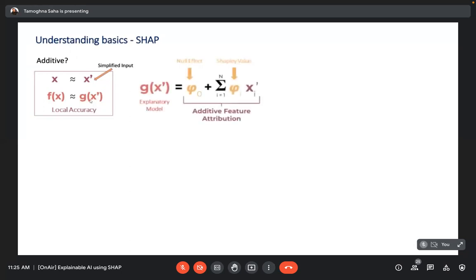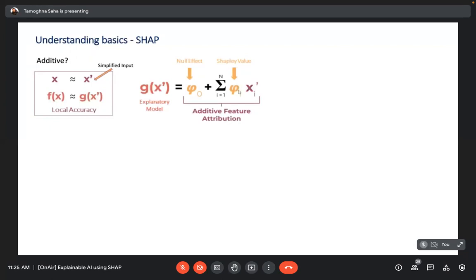And that is basically called local accuracy, one feature of the additive functionality. So this explanatory model is basically phi of 0, called the null effect, plus the summation of all the Shapley values corresponding to the simplified input that we have. Just think about it as a single row of record where you're randomly replacing some of the columns, and their corresponding Shapley value is going to be phi i.